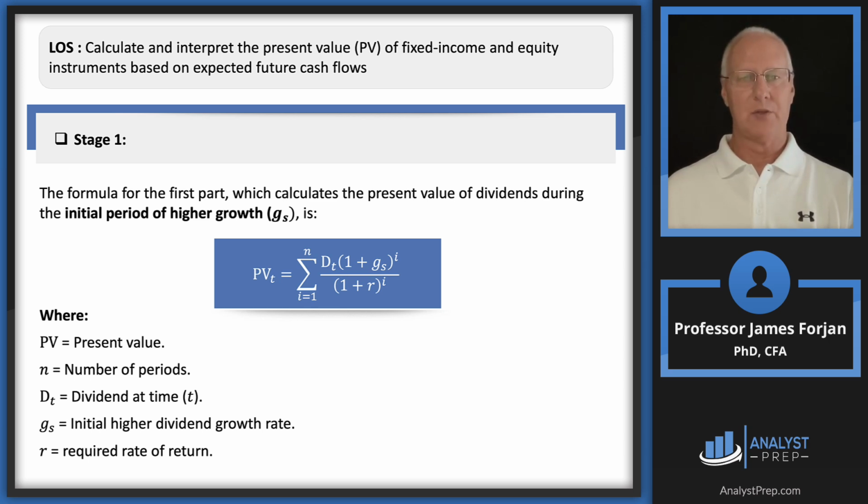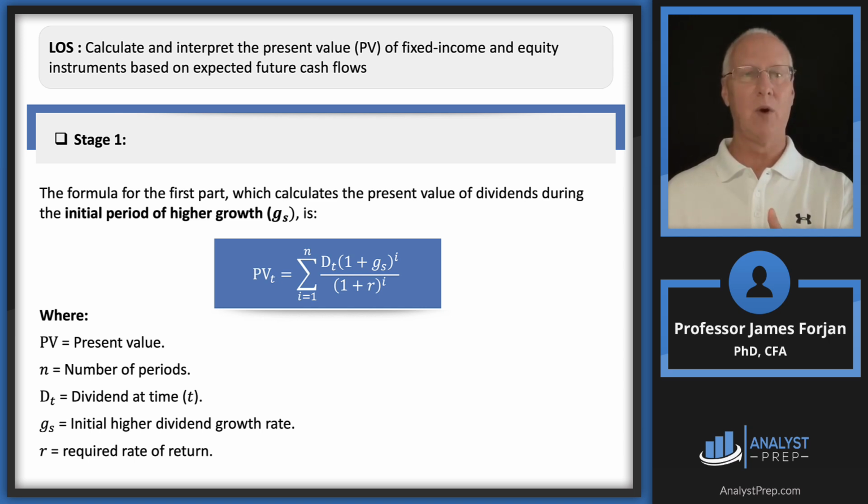Now we're going to have to get used to using a formula, and I'll show you that here in just a few seconds. So what we need to do is calculate the present value of the dividends during the initial period of higher growth. So all we're going to do is sum the dividends over that period. So let me just give you a quick example. Let's suppose that, what was I? Jim's Concrete Company, right? And so I offered to pay you a $1 dividend at the end of year one. And then